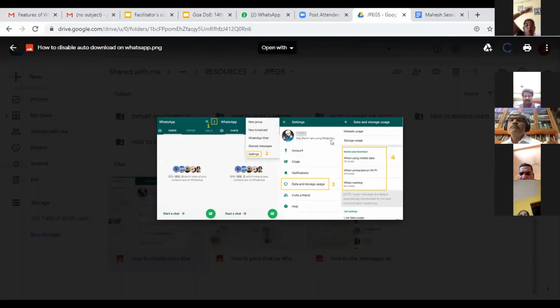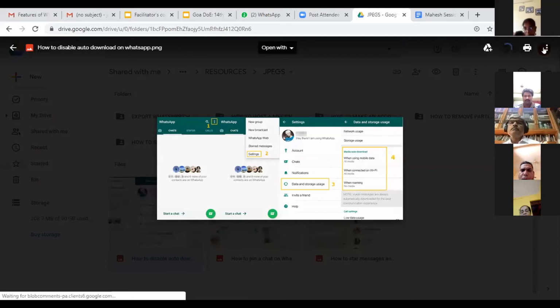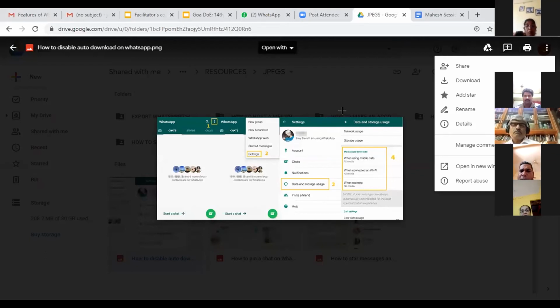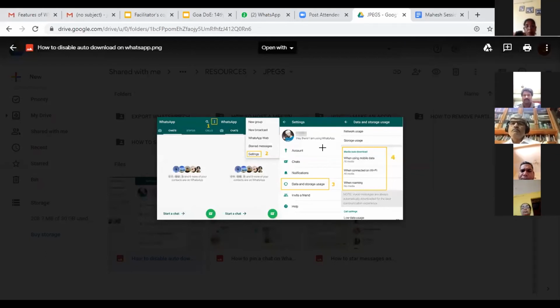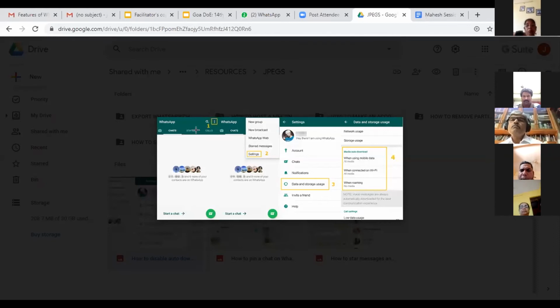Can everyone see this? I'm hoping you can. If you can see the screenshot that I'm sharing, you can see the little number 1. You have to go to the same three dots which we keep opening as our menu.